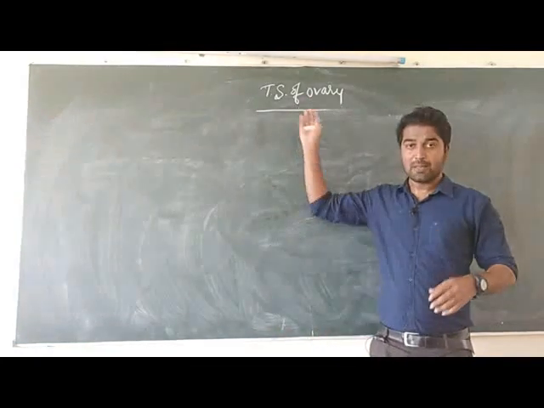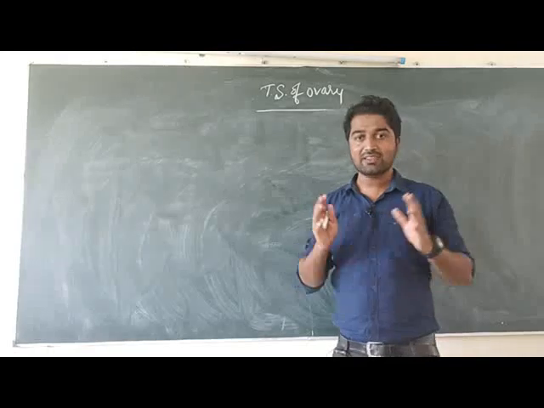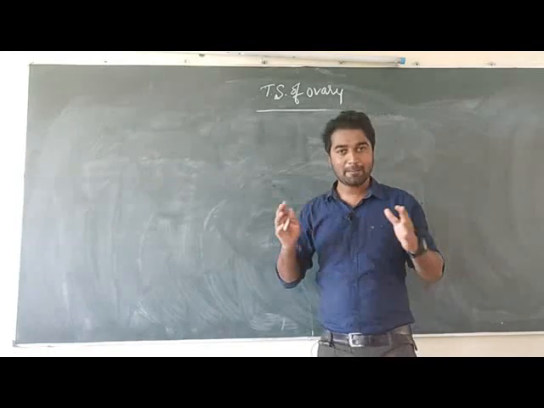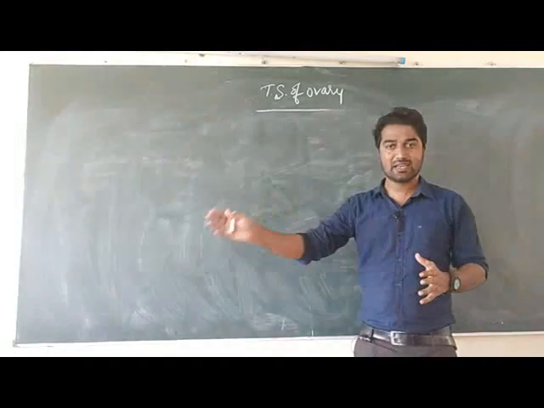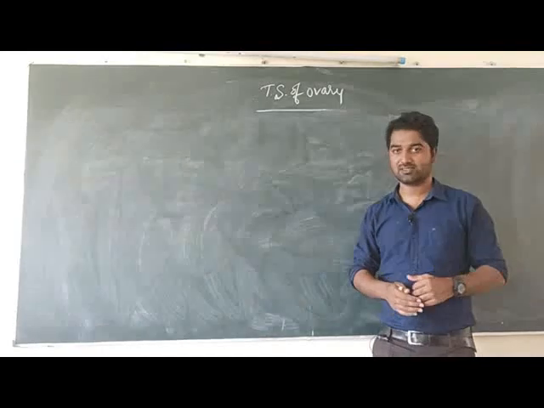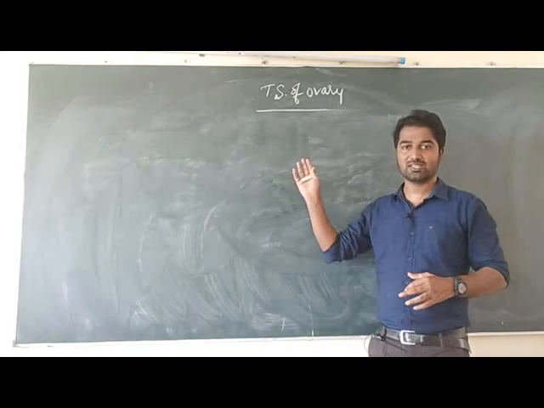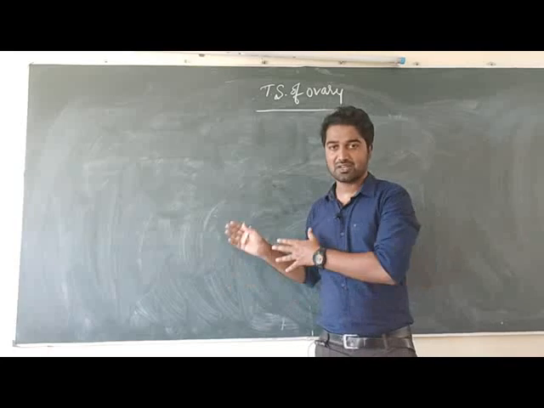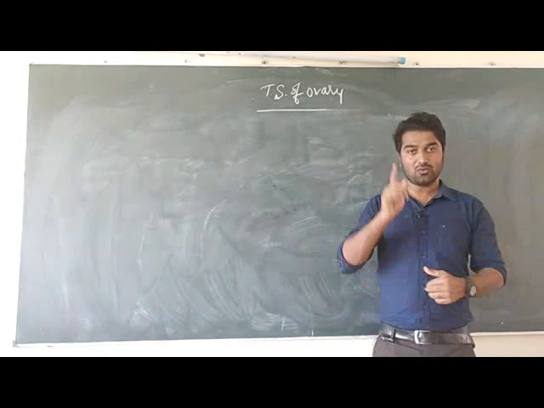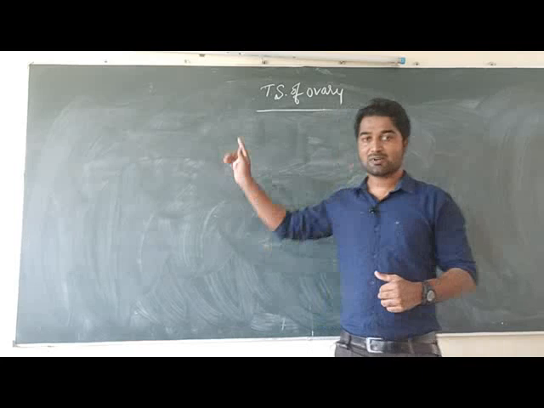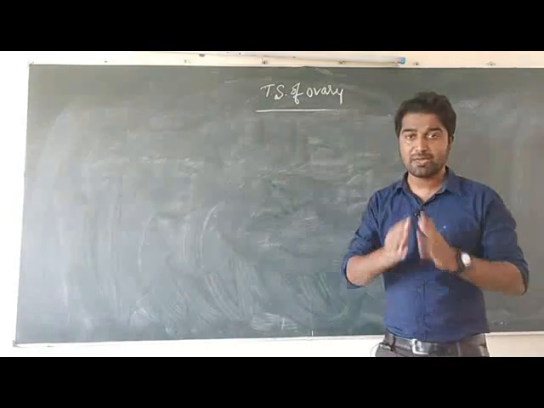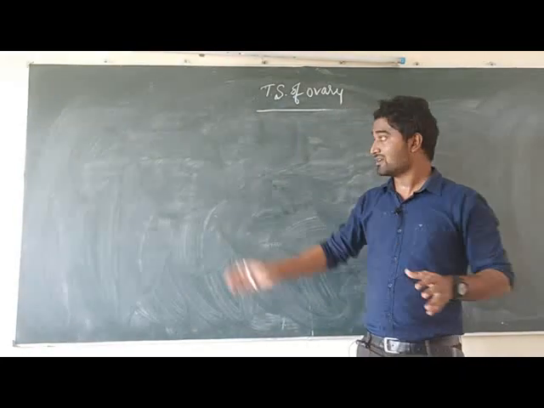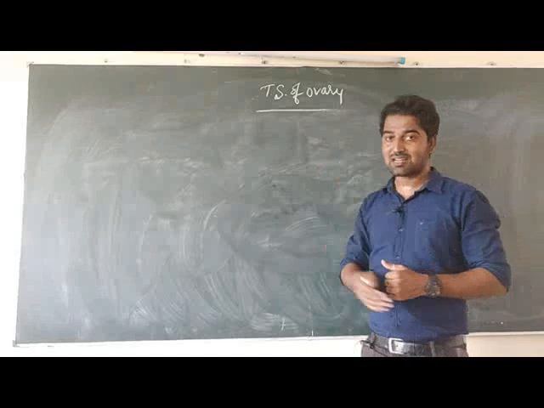And a pair of ovaries, they are the gonads or the primary sex organs in case of female humans, and they are responsible for the production of female hormones like progesterone and estrogen, and one important thing, they are responsible for the production of female gamete, and they are almond shaped in structure.